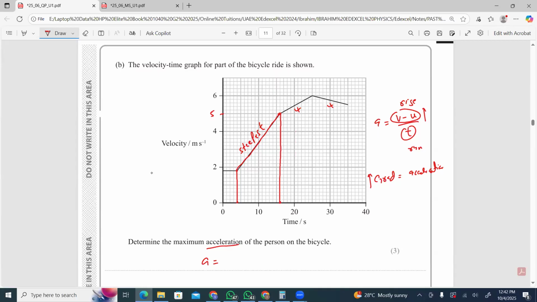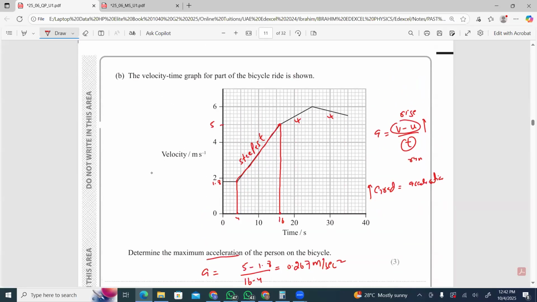So acceleration is 5. Oh, sorry, here it is 1.8. So 5 minus 1.8 divided by 16. And here it is 4, I believe. So 16 minus 4. From here is going to be 0.267 meter